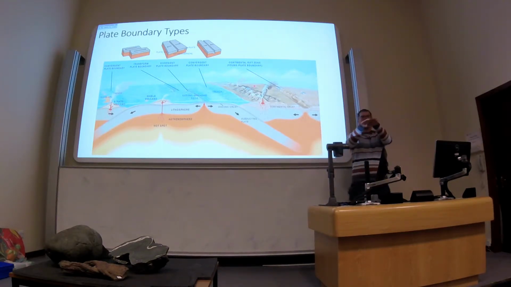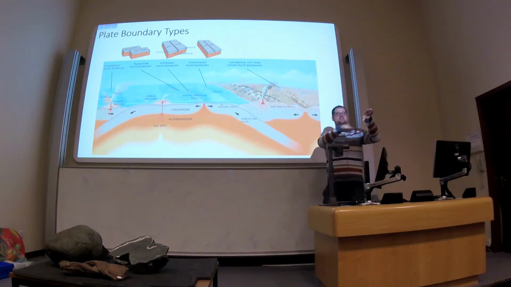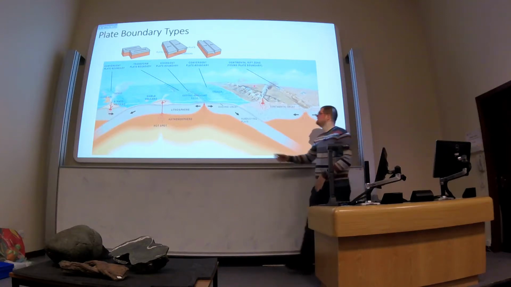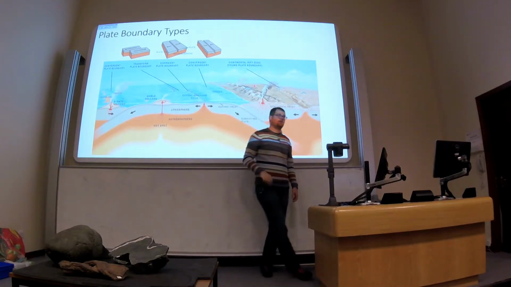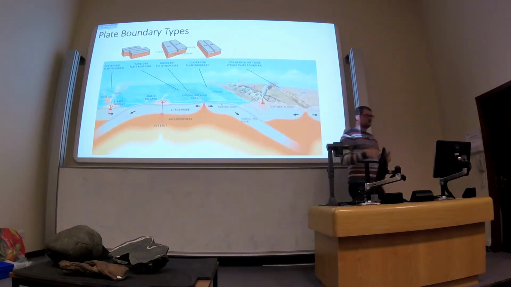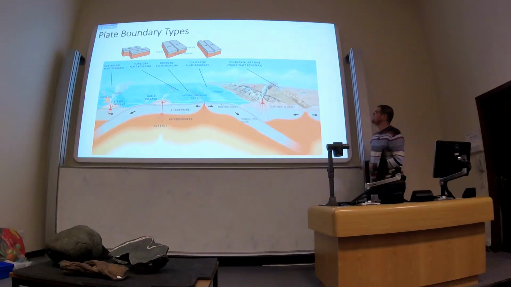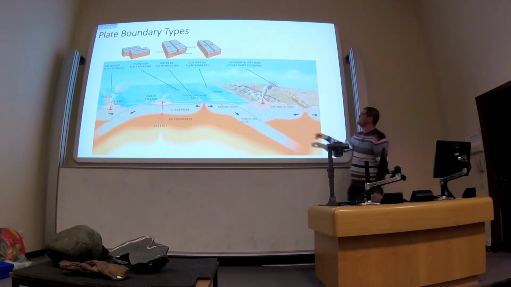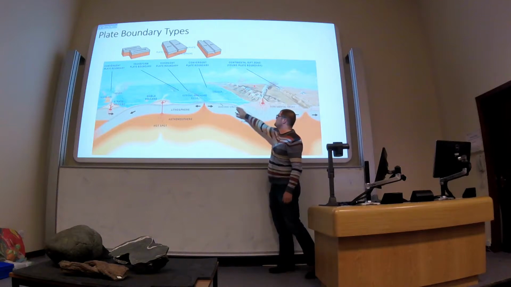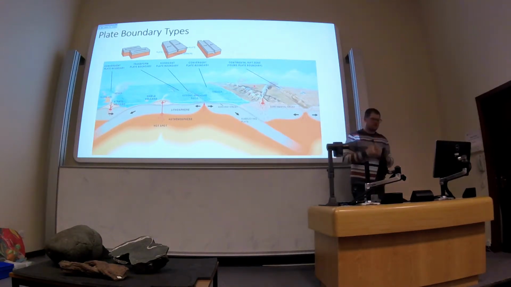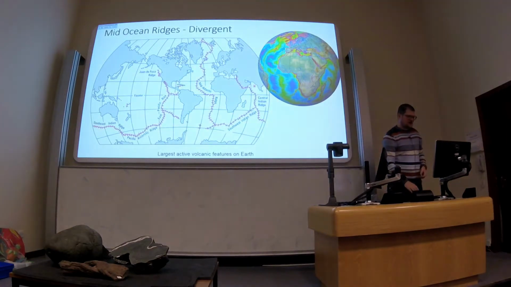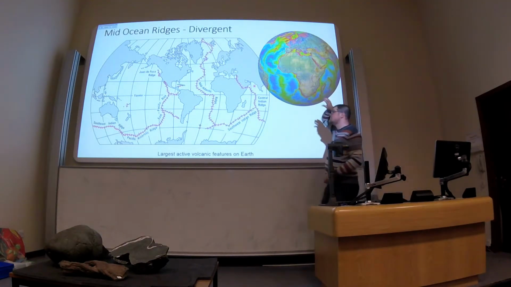If you move one plate apart, that creates a gap in the middle from which fresh material from below can rise up and start to form new rock at the ridge axis. That's a constructive or divergent plate boundary, and then you have these destructive or convergent plate boundaries where two plates meet each other and then something happens. So we're going to have a look quickly at these divergent